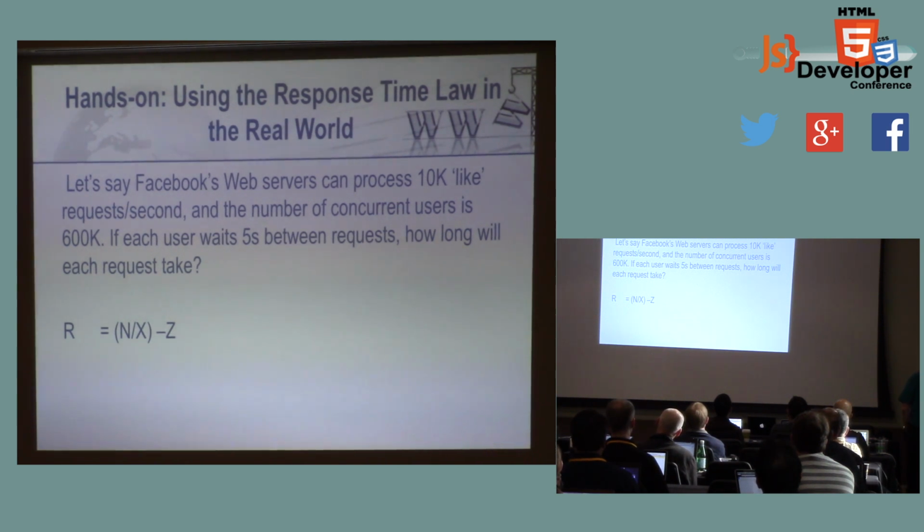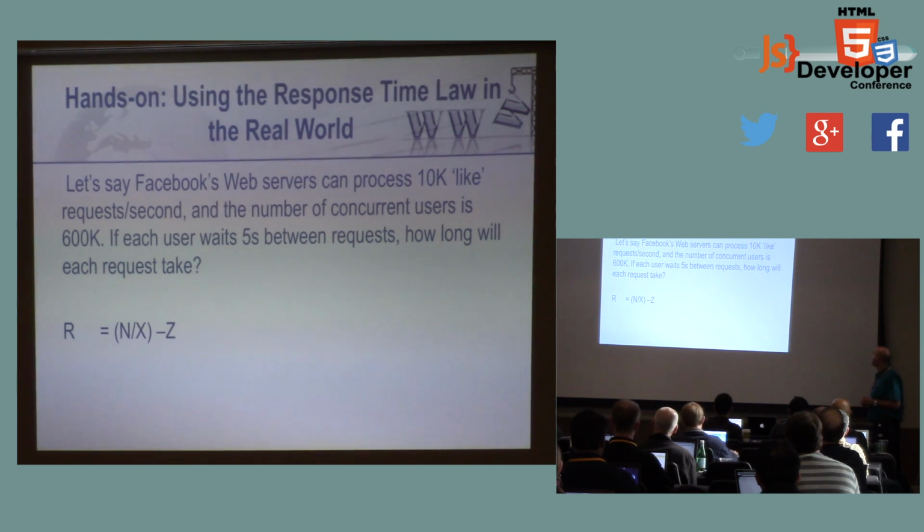So how long is it going to take? What's the response time? This is a hands-on exercise. That means you actually get out your hands and plug the numbers in and you tell me what result you got. So the formula is here on this page. I didn't want to have to flip back and forth between slides.